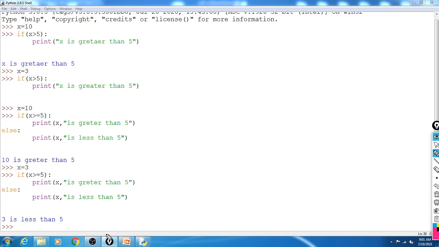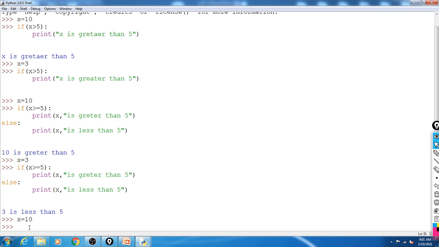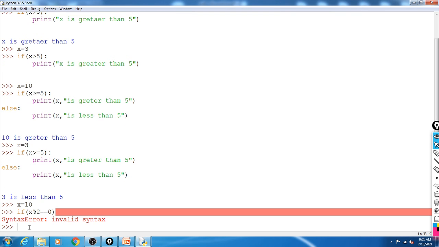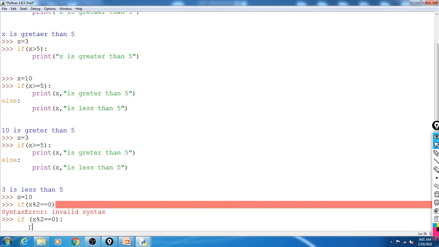We will see another example. So we can write here x is 10, and we want to find whether the number is even or odd. If x modulus 2 double equal to 0, then colon is missing, that's why it gives you a syntax error.